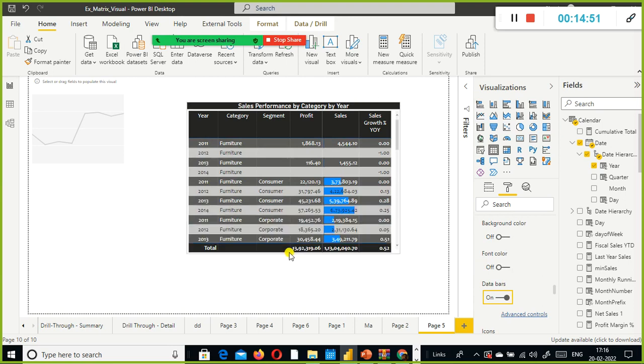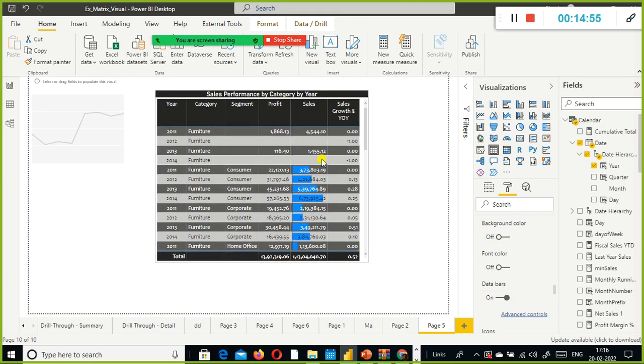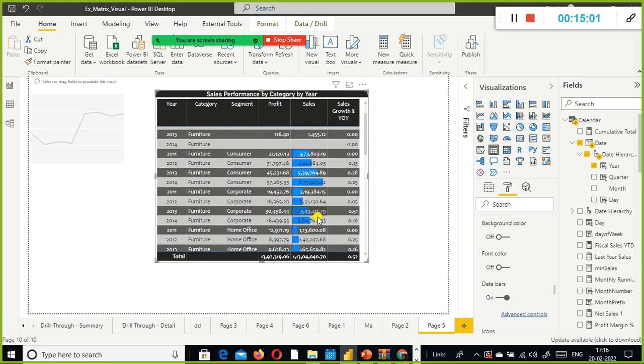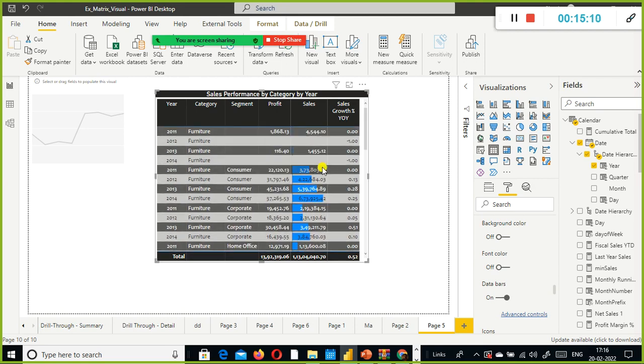Look here. So the data bars can enable the users to quickly understand the trend, the sales. So here the sales value is very high, and the smaller the size, the smaller the width, it tells us the lesser the sales.